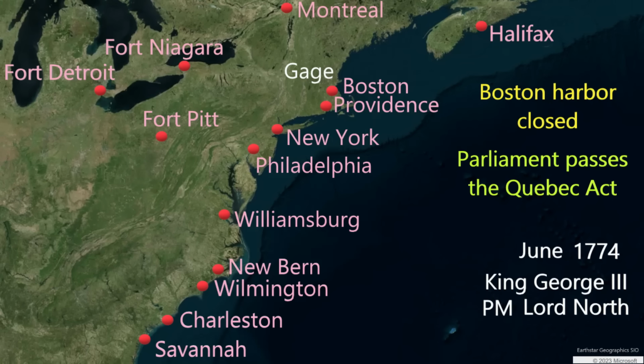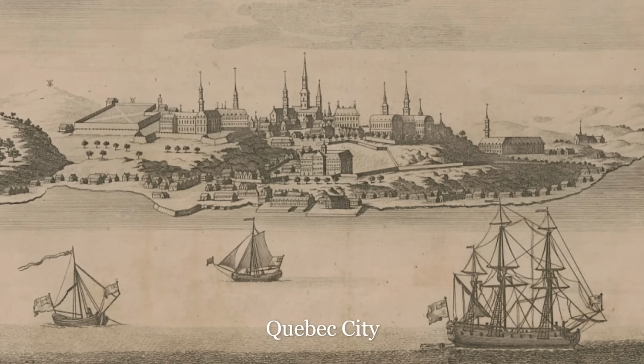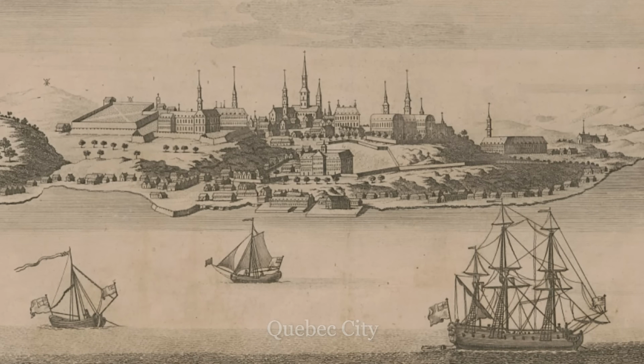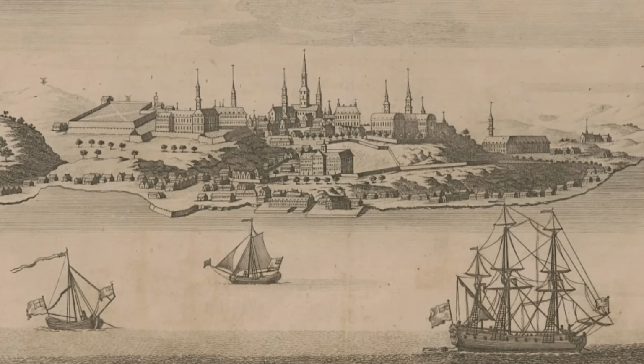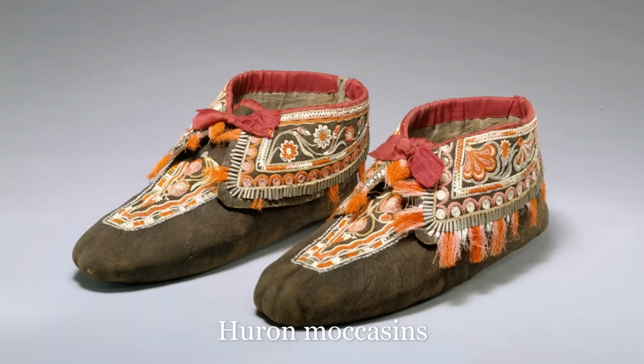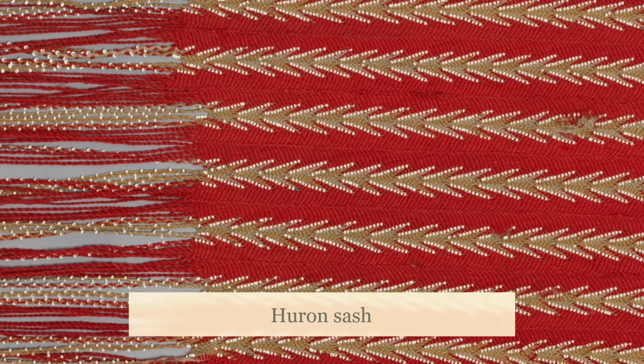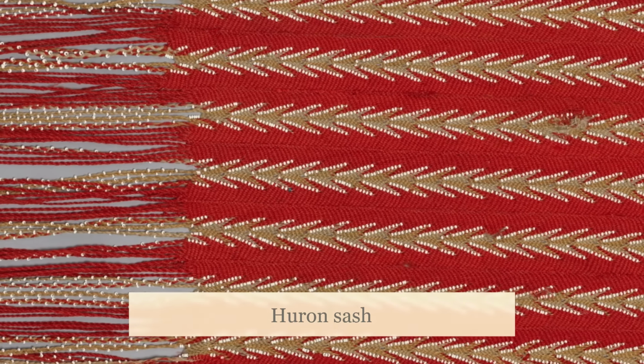Also in June, Parliament passes the Quebec Act, allowing Frenchmen in Canada to practice Roman Catholicism, a sweeping change in religious toleration for the British Empire. The Quebec Act also extends the colony of Quebec down to the Ohio River. This essentially allows the French and the Indians to resume much of their lives as they had been before the French and Indian War. The Quebec Act, however, inflames anti-Catholic feelings within the colonies because several colonies now feel that French Catholic Quebec has annexed their western land speculations. So ironically, London is gaining Old French Canada while losing British America.